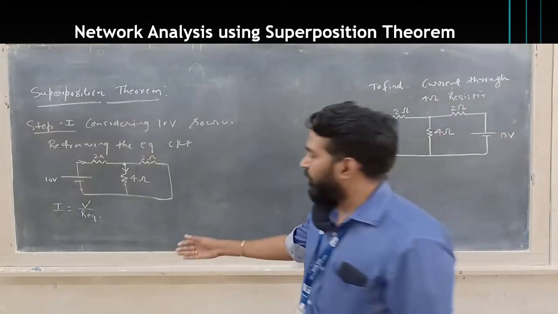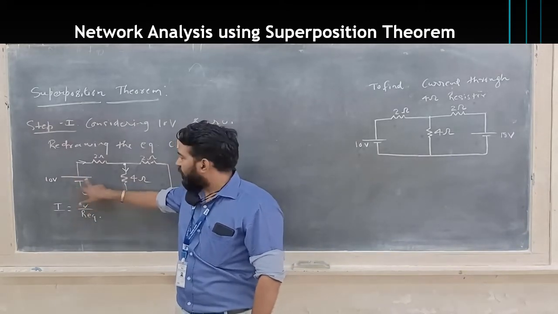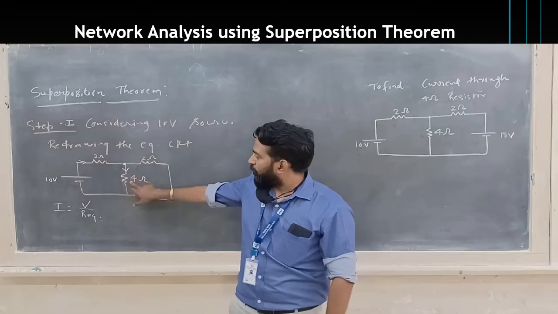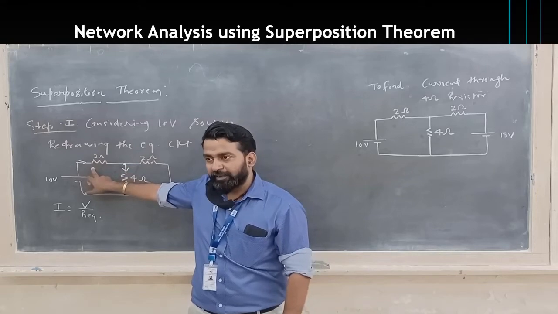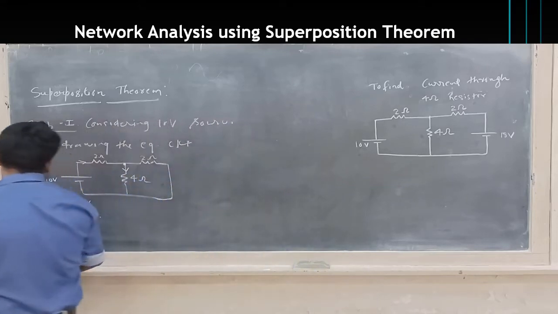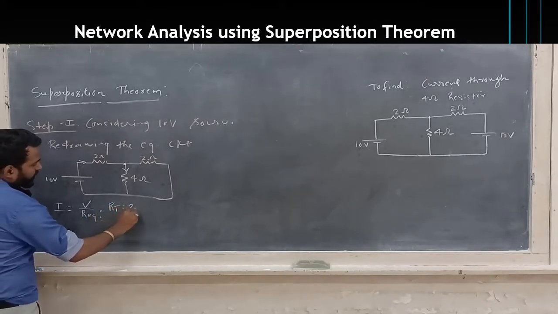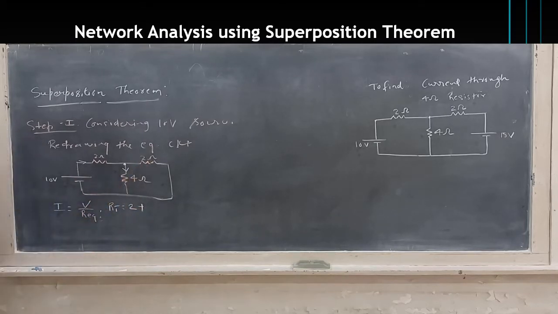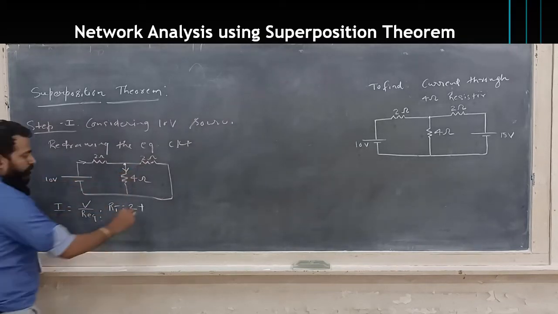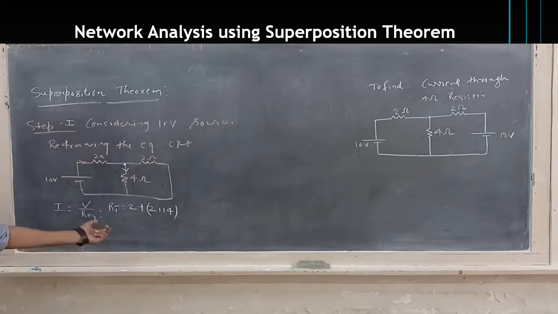Okay? We are doing the same thing. You have to find out the total current supplied by this 10 volt battery. You have this V as 10 volt. You have to find out the R total. Now what is R total? 4 parallel with 2 in series with 2. Is this clear? Yes. So RT, R equivalent, is nothing but this 2 plus 2 parallel with 4. It is clearly visible that this 4 ohm and this 2 are parallel. So 2 parallel with 4.